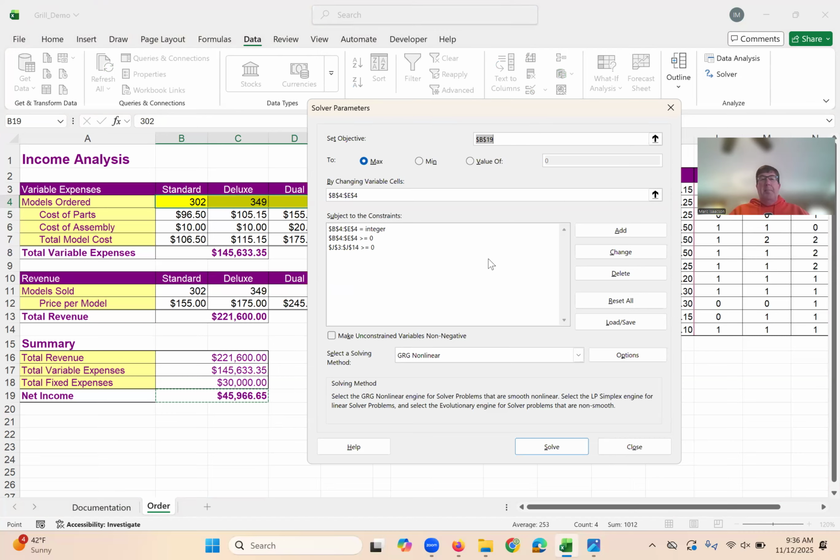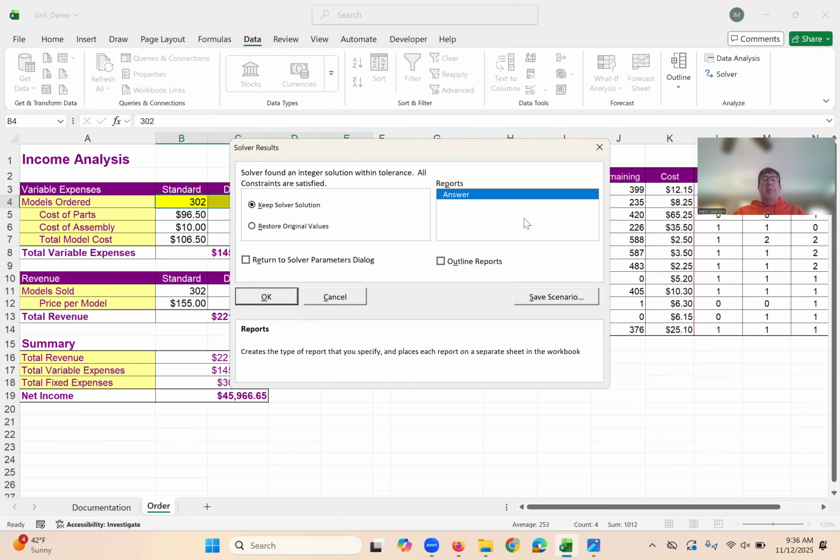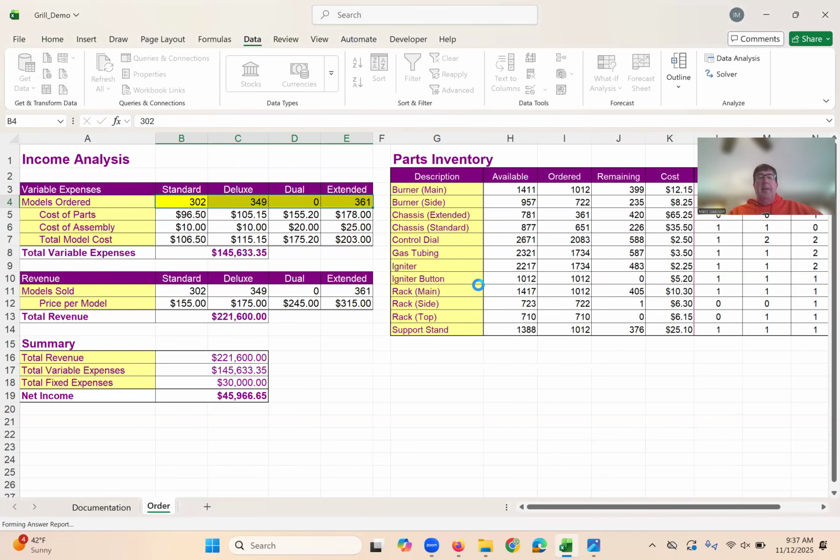The other thing I'll just point out, going back into Solver and then just rerunning it, the answer won't change because we're already at the solution. But when you run a Solver model, at the end, it does give you the option for an answer report. And so in the SAM project, it will sometimes ask you for an answer report. If you clicked OK in a hurry to look at your results, you wouldn't be able to get back there unless you rerun Solver. If I highlight it and click OK, it will then